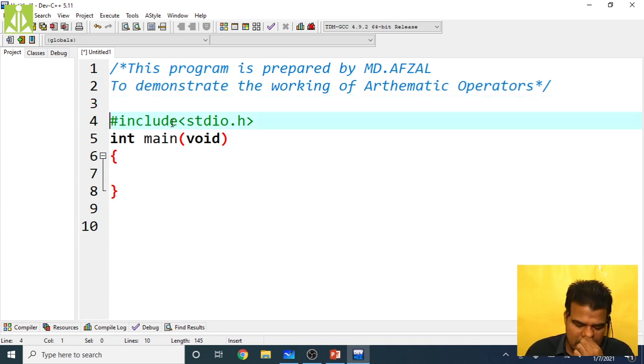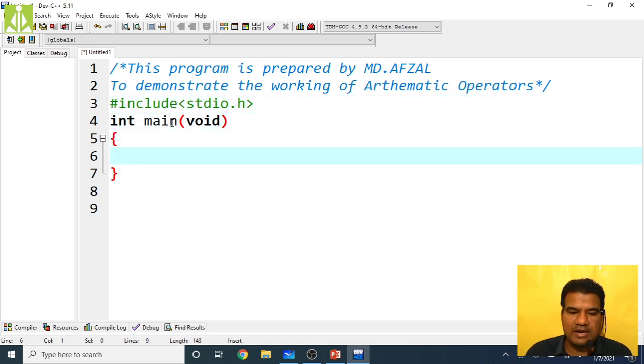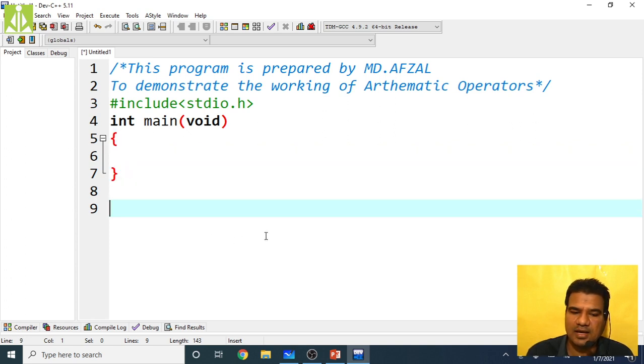Then I'm including my header file, that is stdio.h. stdio.h stands for standard input output header file. Basically I'm going to write my program inside these two curly brackets. We call them curly brackets. Brackets also I will explain now.